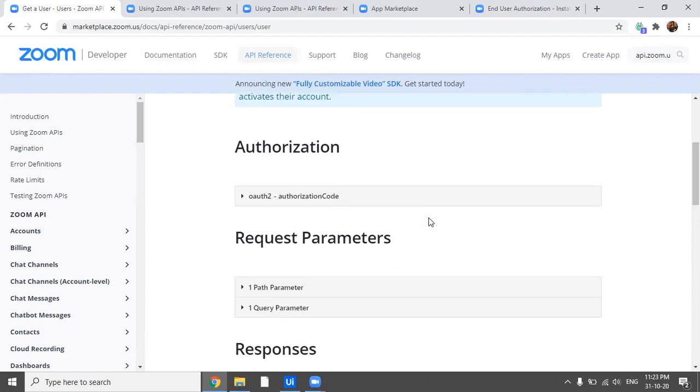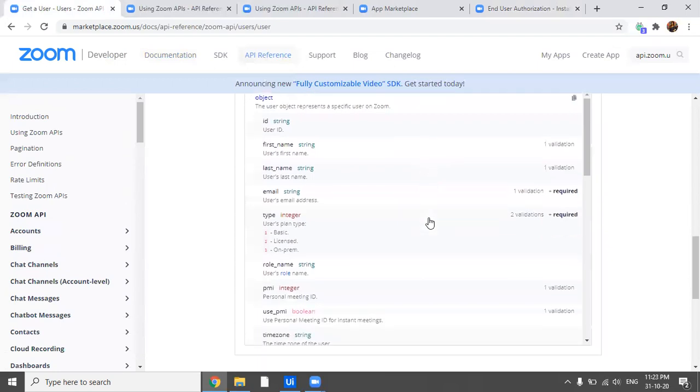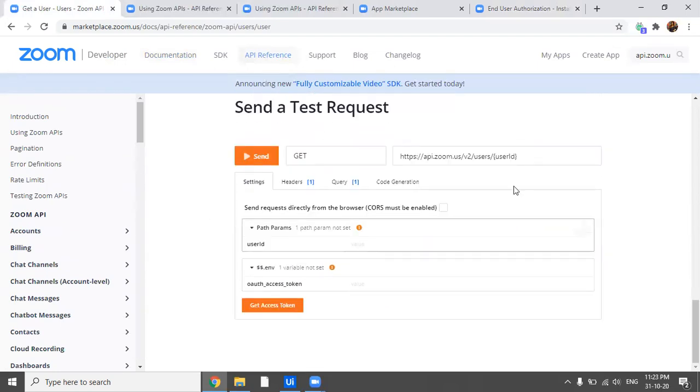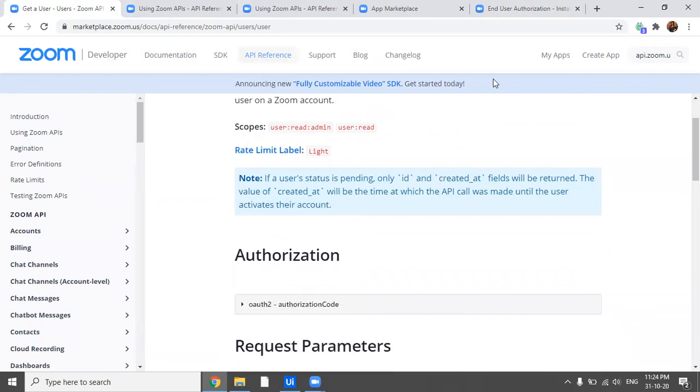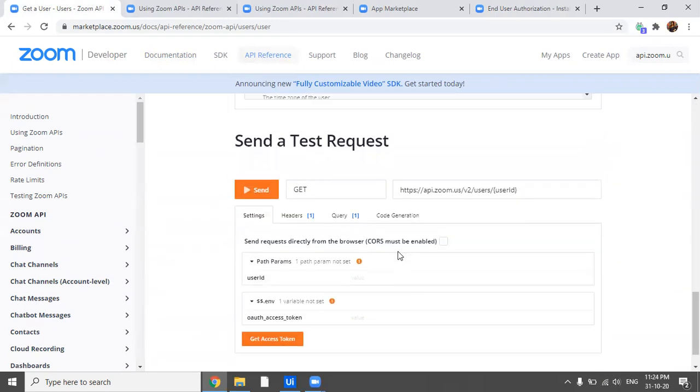One more very nice thing about Zoom documentation is that at the bottom, you get a pre-built application to test your API calls. From here, you can see what headers you have to pass, what queries you have to pass, and all these things. So I'll copy the API which I have to pass, and go back to UiPath.